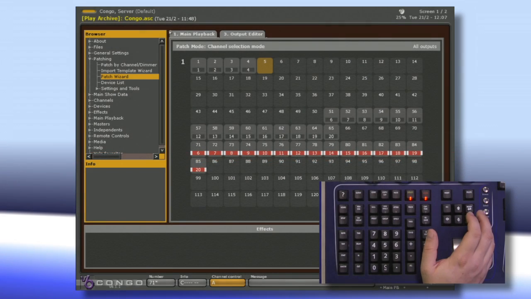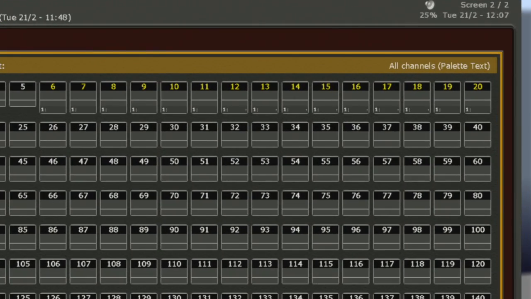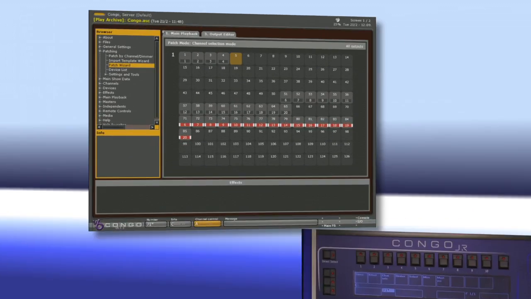And if we take a look in our live table, we can see that 6 through 20 are now shaped slightly differently, and they have a row underneath them that's going to show us what scroll is active. When I patched my scrollers, I selected a generic 32-frame scroll roll, but I have the option to make my own. To do this, hit Browser,